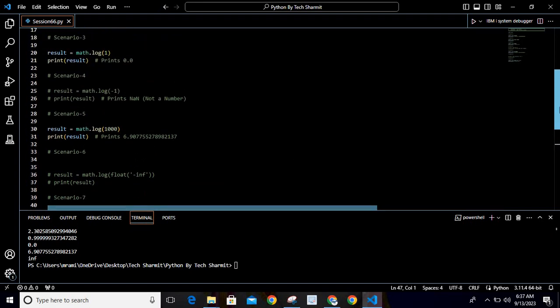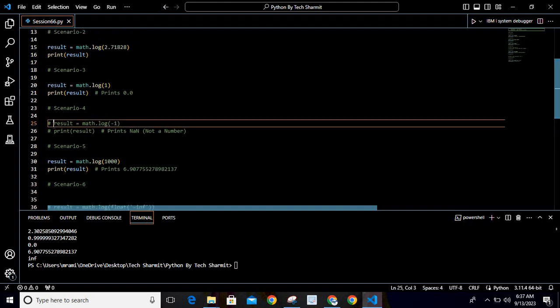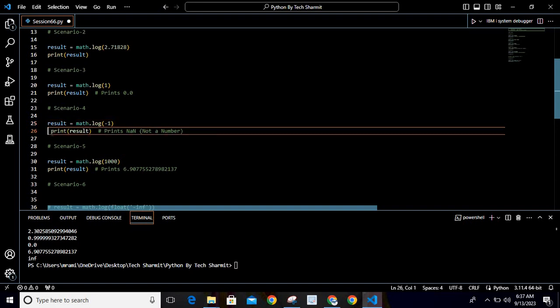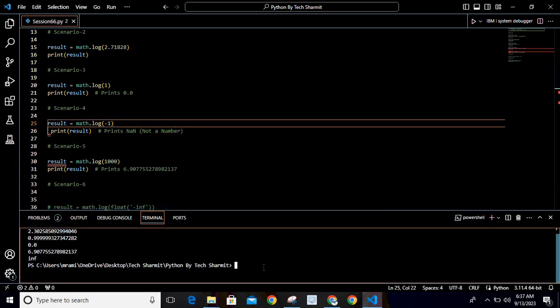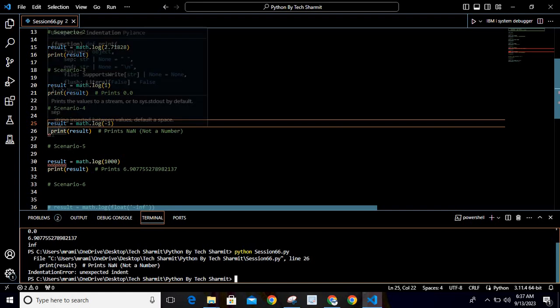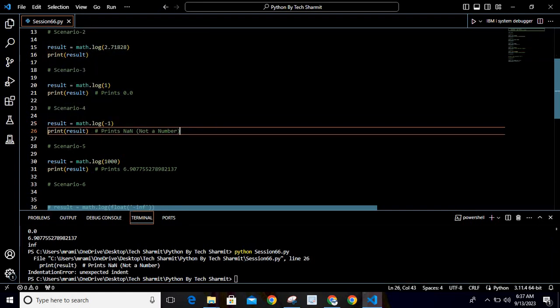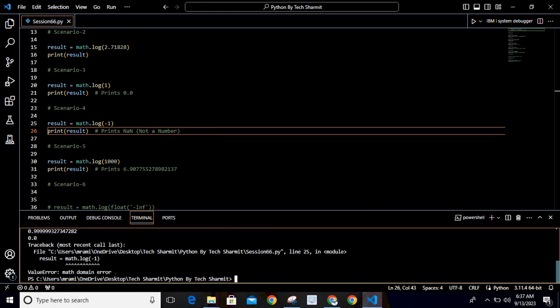Now we will focus on the commented scenarios. Looking at the fourth scenario, here I have commented, let me uncomment this line. Here I'm trying to pass the value -1. So is it possible to calculate the logarithm value for -1? Let's see. I saved the program and reran it. You can see it is giving an error. Actually this error is for indent. Let me correct this. Now we will rerun this, but again it results in an error, and this time the error is math domain error